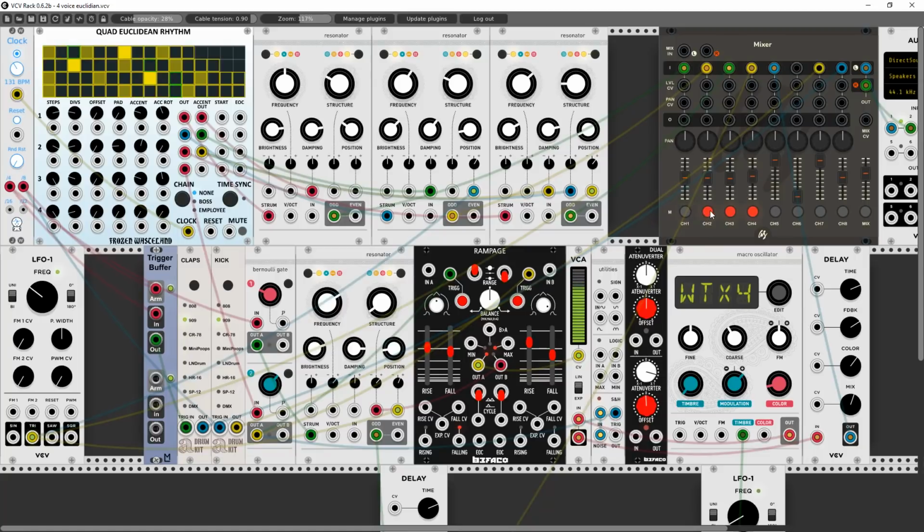Put all those together. And then finally, I was using the accent. You can see how some of these boxes are highlighted. When they're highlighted, the accent kicks off. And I have that going to the damping of my oscillators. And right now you're not hearing anything because I have the attenuators turned straight down to 0. But if I let them kick in a little bit,